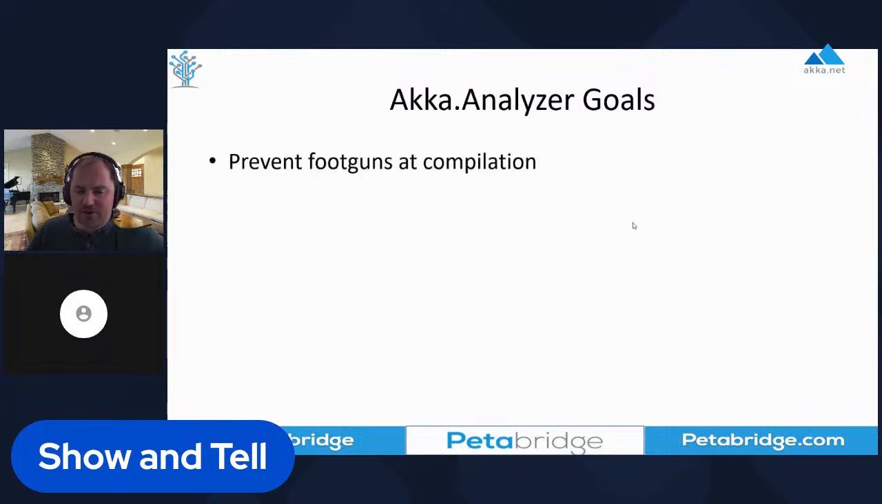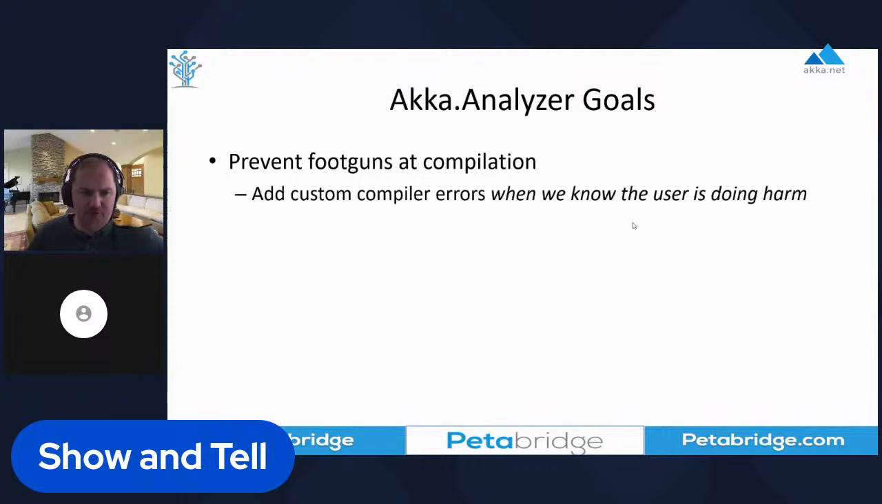So the goals of the project, I think there are 2 really big goals. The first big one is preventing footguns. Now, every framework is going to have things that users can do that can potentially inflict self-harm. XUnit, ASP.NET, SignalR, you name it. Akka.NET's no different in that regard. But one of the things we want to do, and we used XUnit as our example for this,